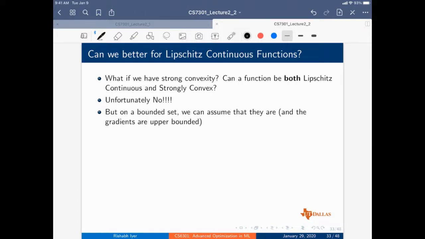But if we assume that the parameters are bounded, which is what most of machine learning is,